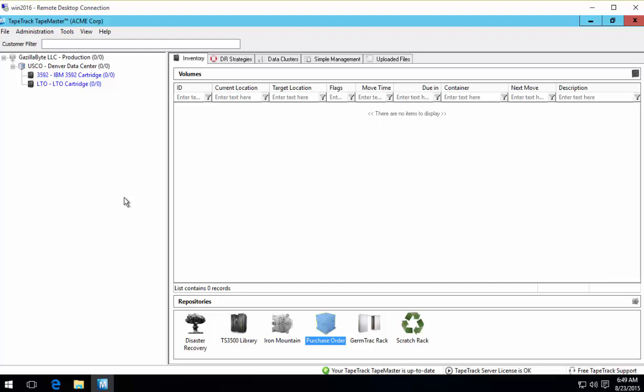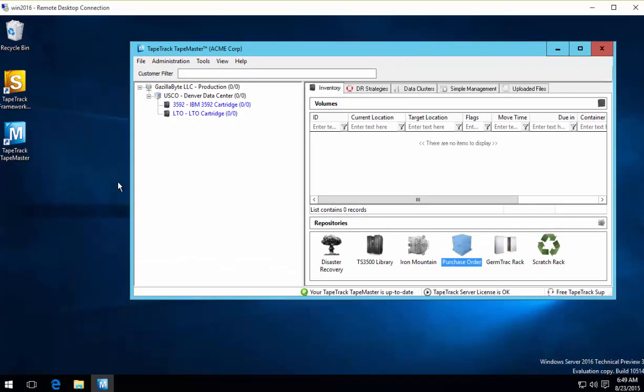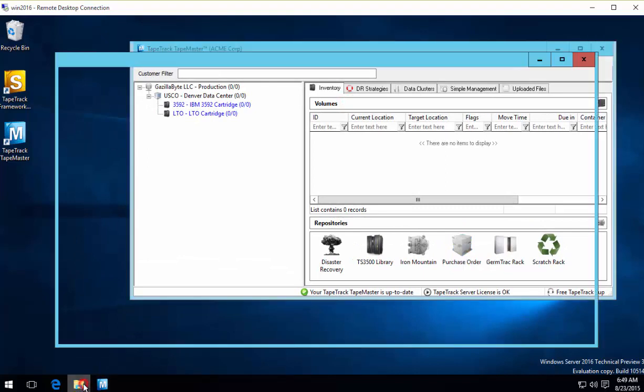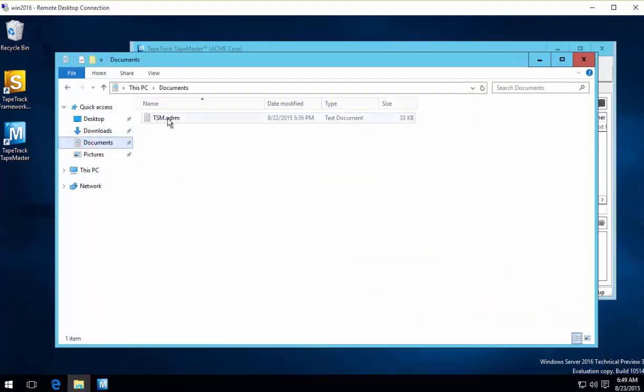add them. We can add them with the barcode scanner. We can add them by just manually typing them in. We also have a utility for generating sequences of barcodes. But what I'm going to do here is just drag and drop a file from my tape management system. So I've already created, under documents here, a